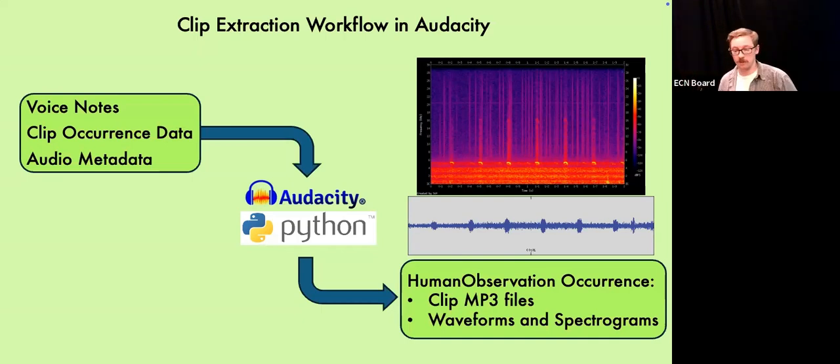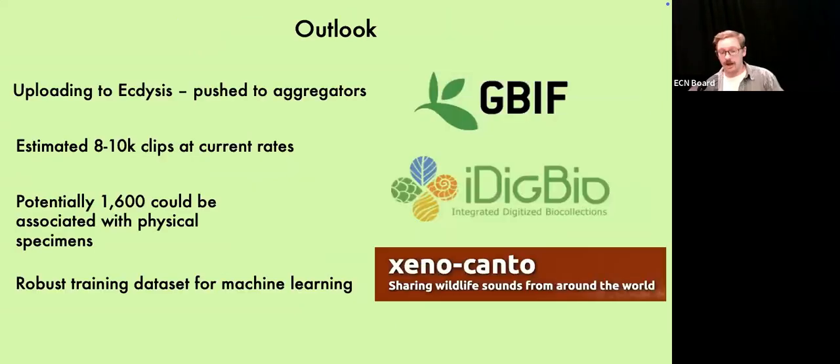And then those can be batch uploaded as human observation basis of record occurrences into Symbiota. We can also automate the generation of spectrograms and waveforms for all of those, just like if you've used Xenocanto at all, those also come along with those. And then our Outlook,